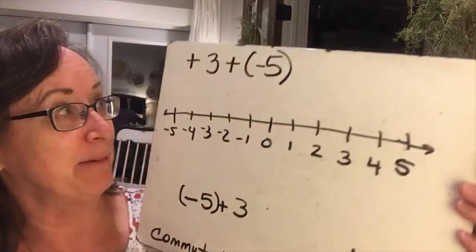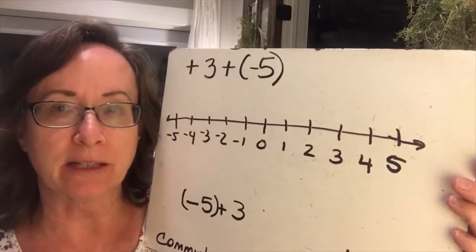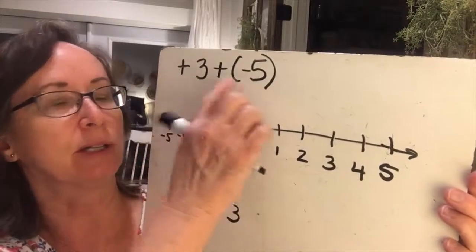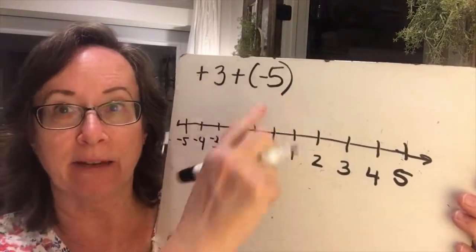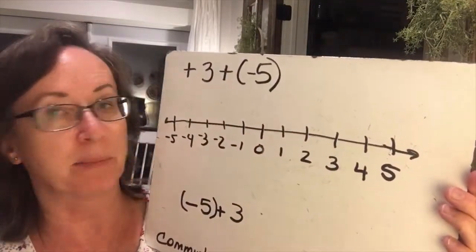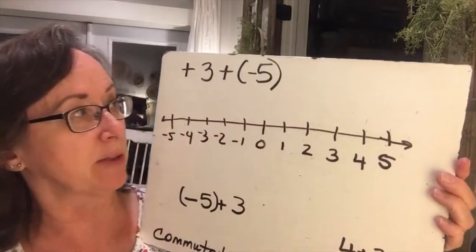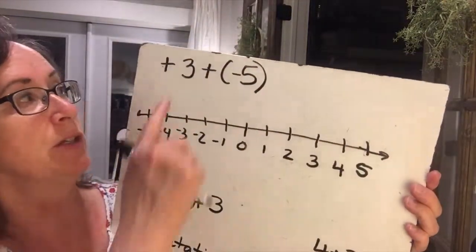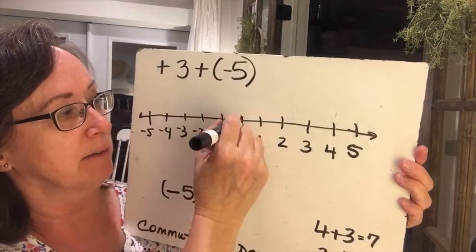Now in section C, we're going to have some fun adding signed numbers. So we can look at the positive or negative sign as if we're using the negative, we're going left, and the positive, we're going right, because the positive is moving to the right on the number line and negative is moving to the left. So if we're going to do 3 plus a negative 5, we start at 0,